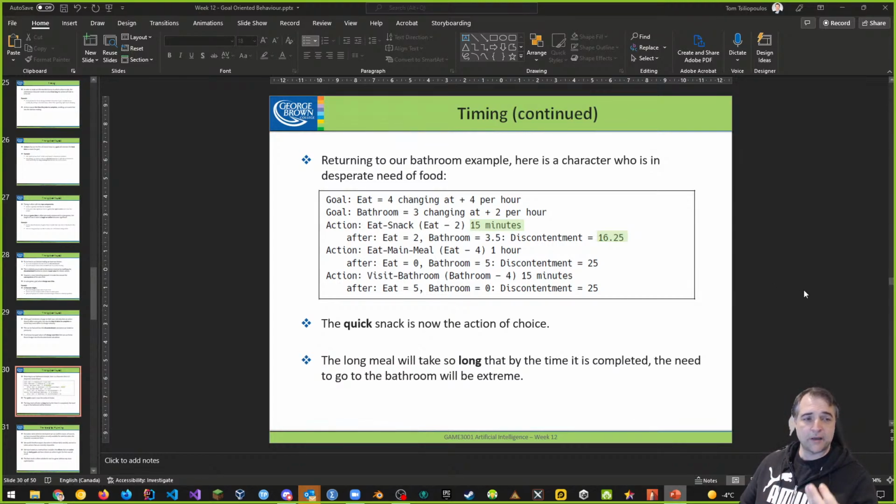And what this does, again, is now we have 3 things we've talked about. We've had the insistence of a particular goal. We have the overall discontentment of the character, right? And we have timing, where your insistence goes up over time, right? So that your discontentment also changes over time, which means it kind of makes your autonomous character continue doing things like hunting for food, or going to the bathroom, or building shelter, or whatever it's going to do, right? And it kind of creates a context for you to play within, in a more believable world, as opposed to,